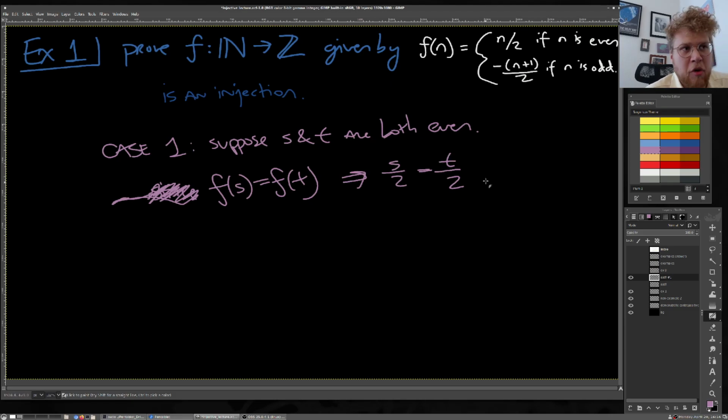And again, we understand operations involving standard real numbers. We can multiply both sides by 2 and still get an equivalent equality. S equals T, so check. So in case 1, we get evidence supporting that f is an injective function. Case 2,